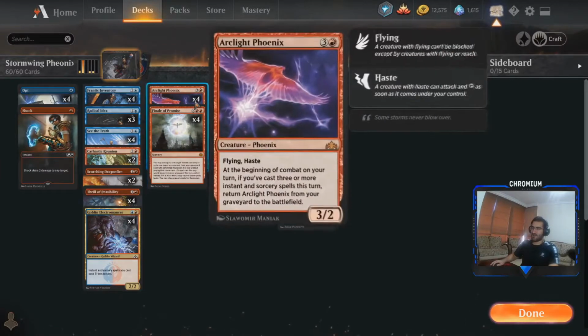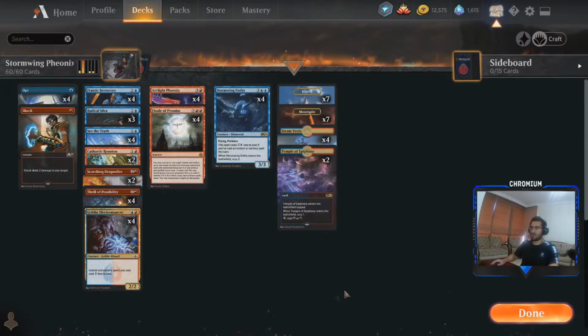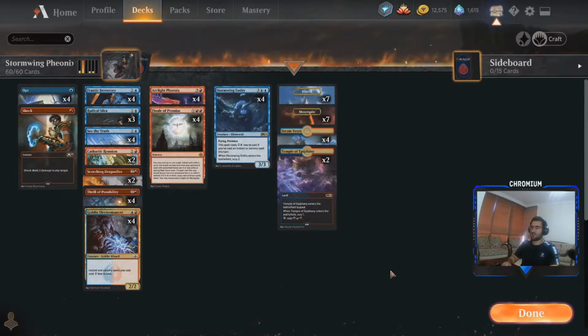Now I keep trying to make Arclight Phoenix work in every format because I'm not over the Modern ban. And I tried to make it work in Pioneer. It was a thing when it first was announced, and now we're going to be trying to make it a thing in Standard, and probably Friday we're going to be trying to make it a thing on stream,